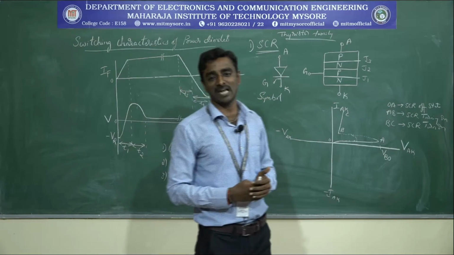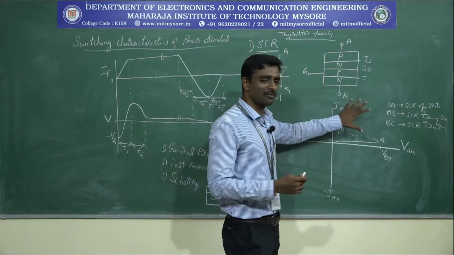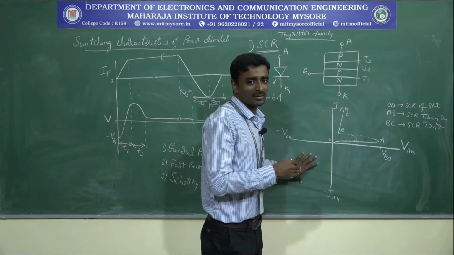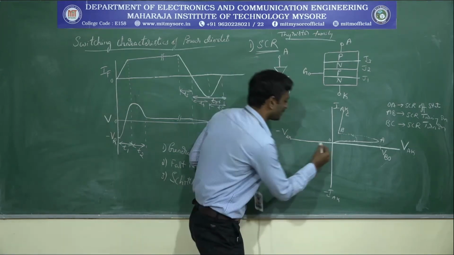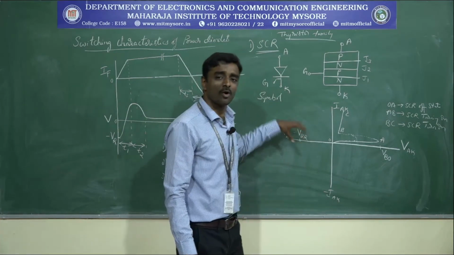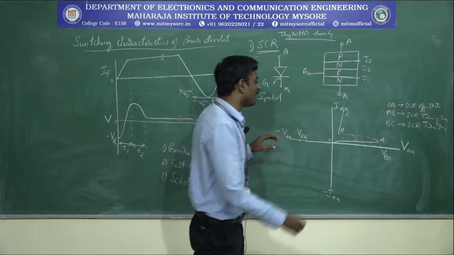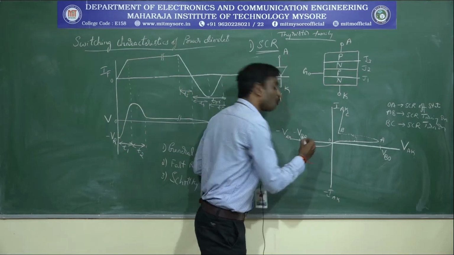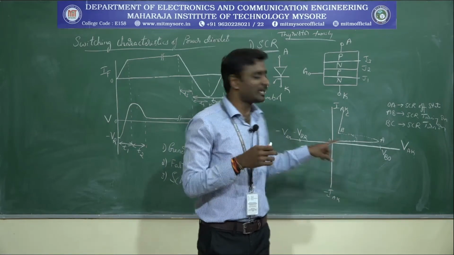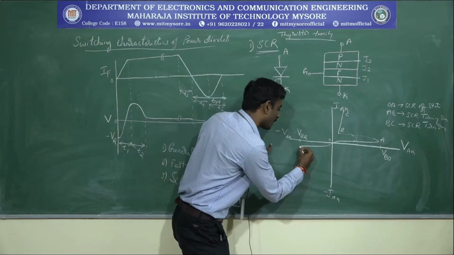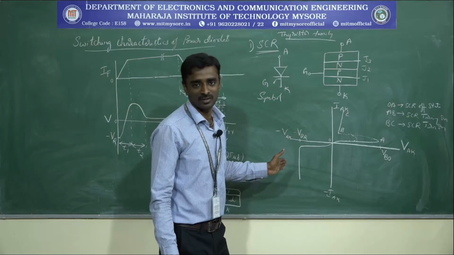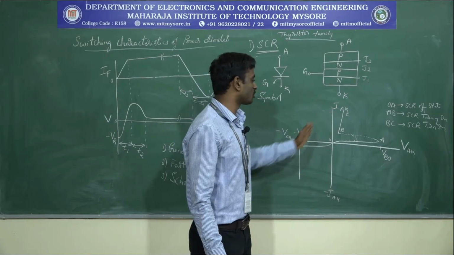If you consider the reverse conduction, what happens? Your SCR will be conducting only with respect to forward conduction. Your SCR will not be conductive in the reverse condition. There is a value called the reverse breakover voltage, which is the amount of voltage your SCR can withstand in a reverse condition without damaging the device. Once it exceeds this voltage, your SCR will get damaged. This is with respect to the VI characteristics of your SCR.